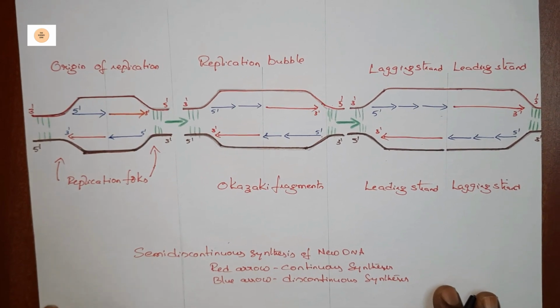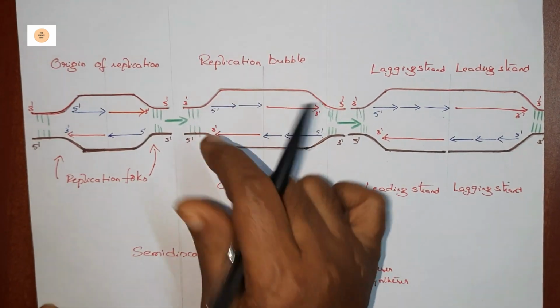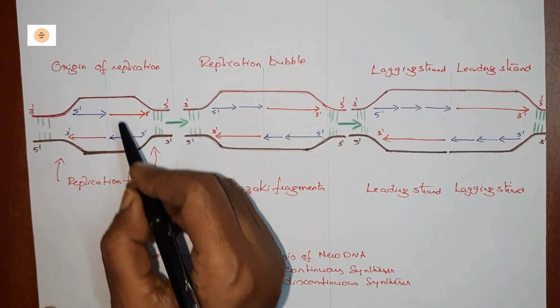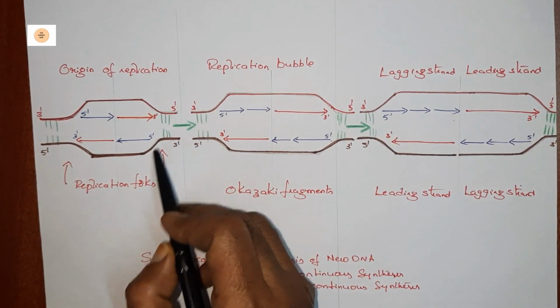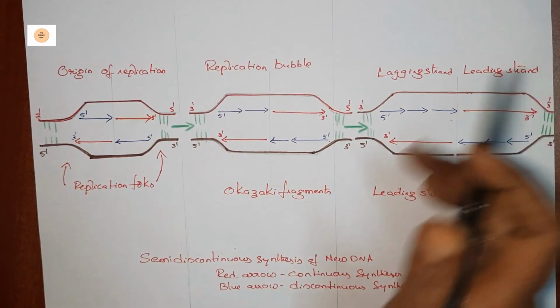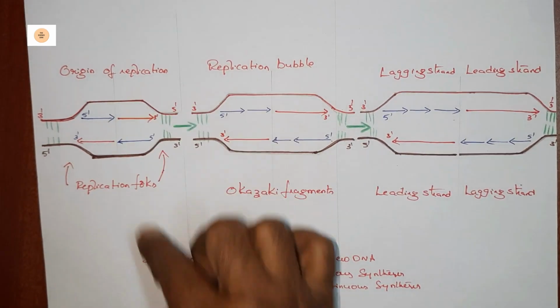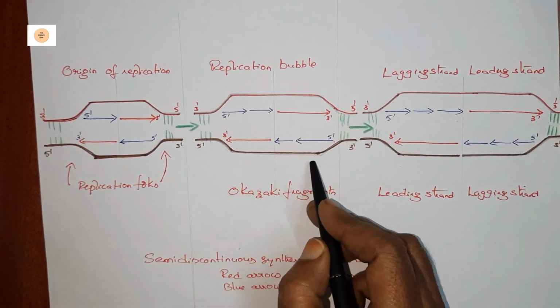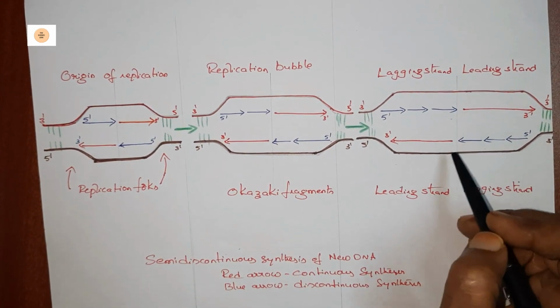We used to come across the double stranded DNA in a linear model like this. Suppose at some point the origin of replication was identified, there we will observe a bubble like this. Then that bubble part is extended like this. This is the figure showing the origin of replication where there is a small bubble, and here the widening of the replication bubble and formation of the strands, leading strand and lagging strand.